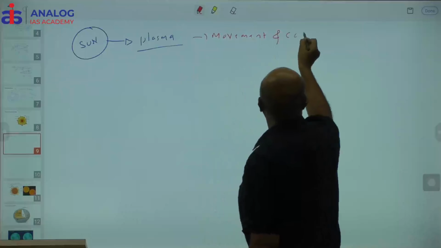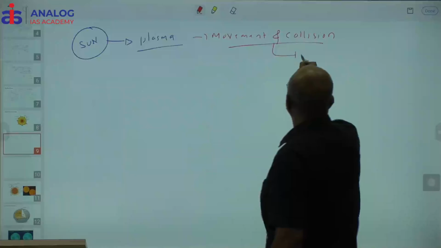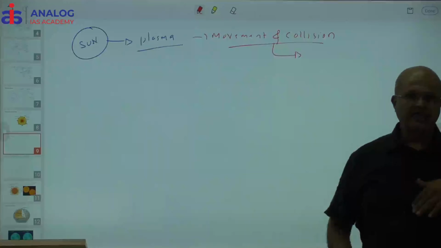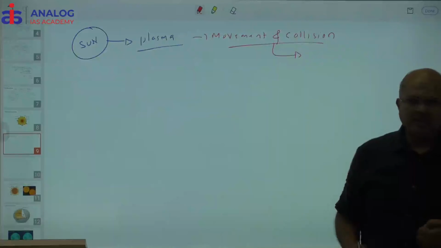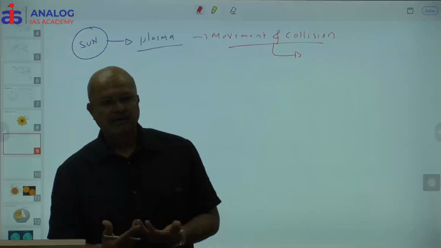The movement and collision of the charged particles in the sun's plasma creates a process called the dynamo mechanism. Refer to that as solar